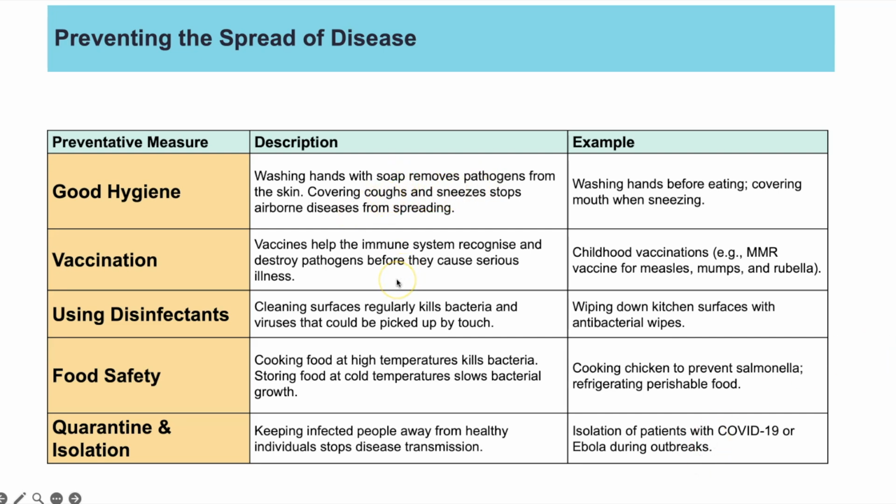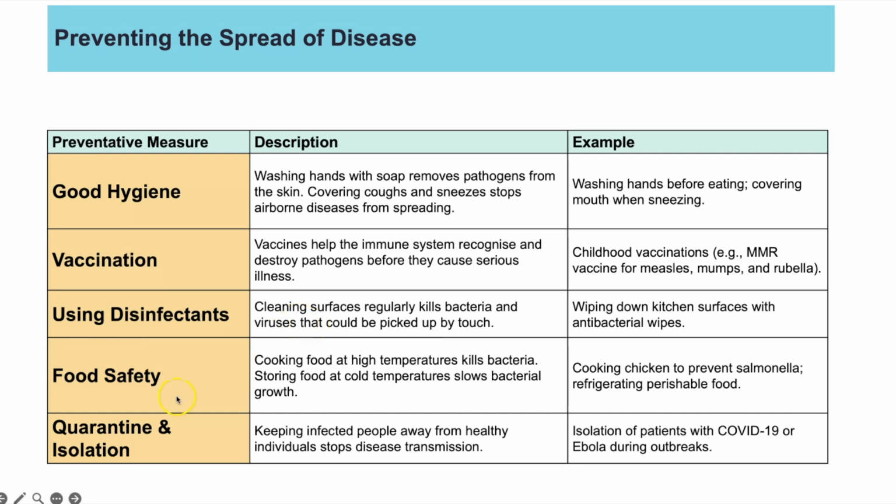For vaccines, that is going to prevent the spread of infection as well, because if you have fewer people able to have that infection, then there's fewer people to pass it on. Using disinfectant, so this is a chemical that kills bacteria and you use it on surfaces. So you could be cleaning surfaces regularly with disinfectants to kill bacteria. It can also destroy some viruses, and therefore if you're touching that surface, you aren't going to be touching anything